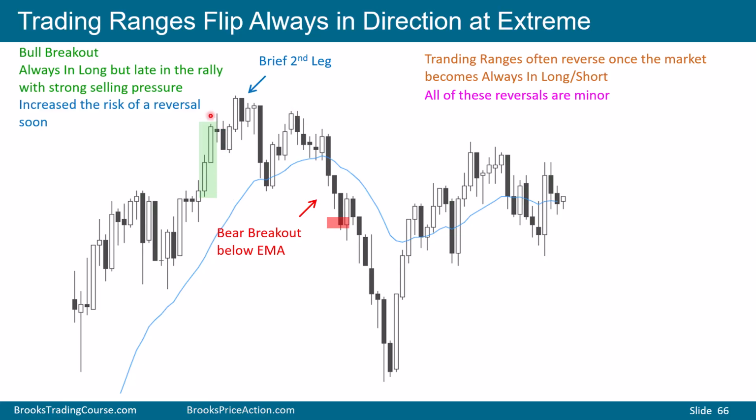As soon as there was clarity, the market barely went higher and then went sideways and built selling pressure. Now we have a bear breakout here. We got a second leg down and then a stronger third leg down. It formed consecutive sell climaxes, and it's easy to think, wow, this is going to be the start of a